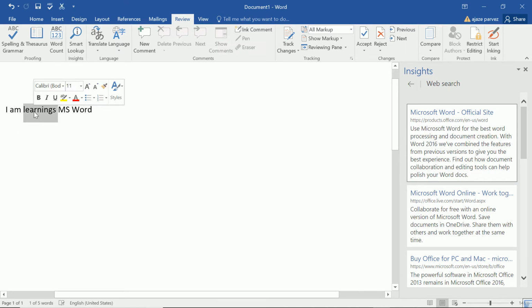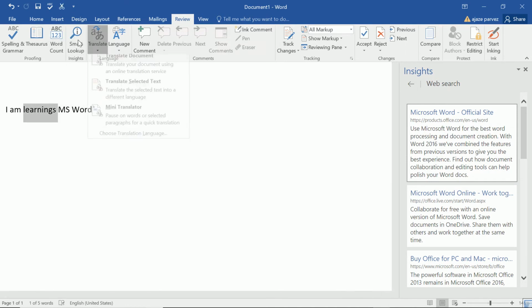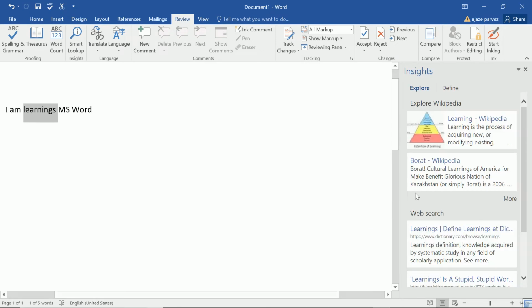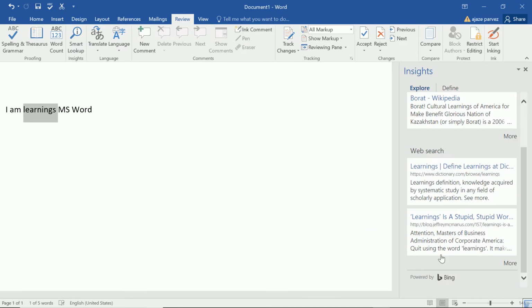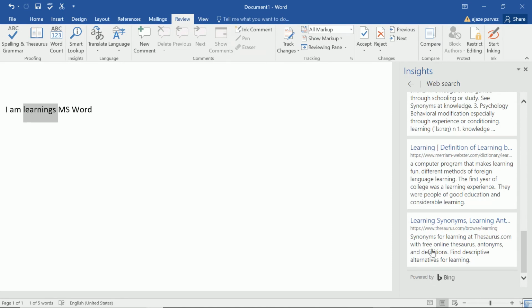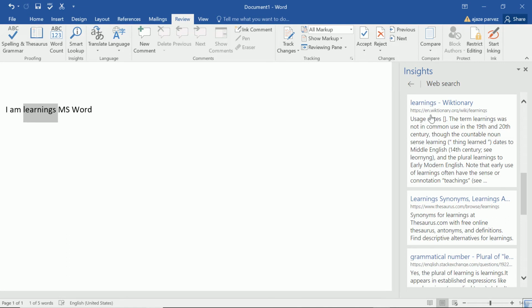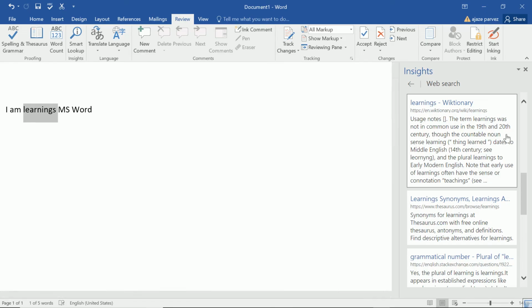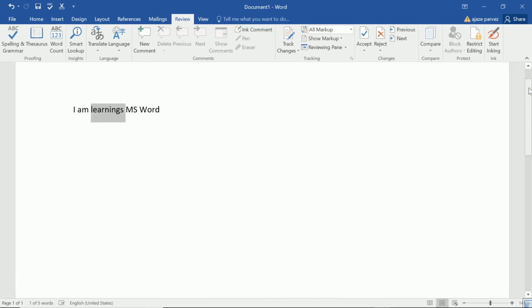If I say learnings, or say again, let us do this smart lookup. You see, this learnings in Wikipedia, what it says, you can get the images also, you can get other information. So there is so much information you can get from the web. So here, if you are writing something, you can just get the information of a word, right? So you can always see it on the web. So this is the power of Insights. At one click, you can see the images, you can see the definition, you can see other material related